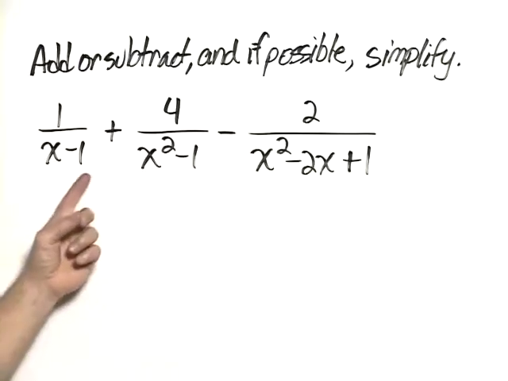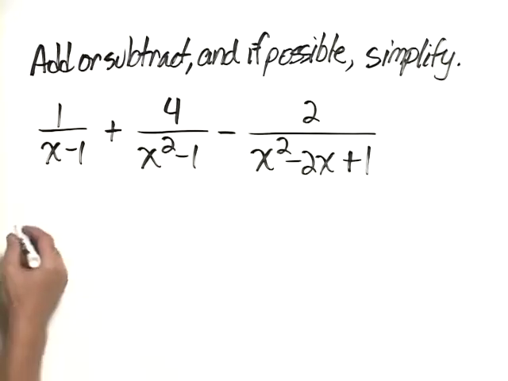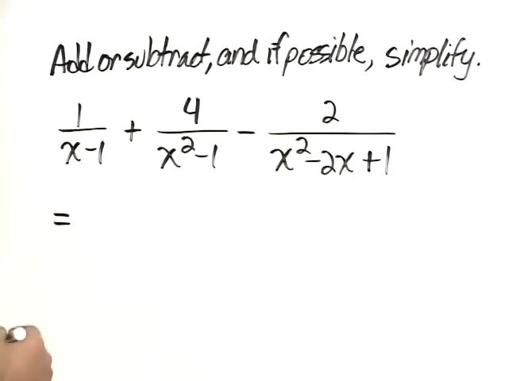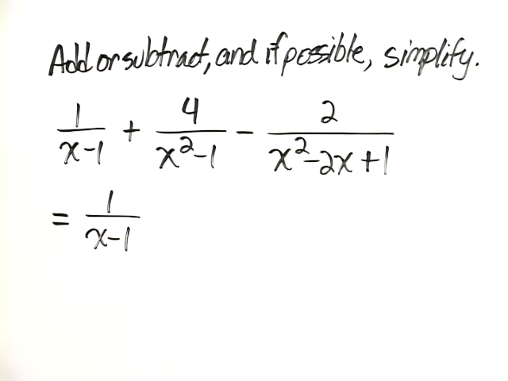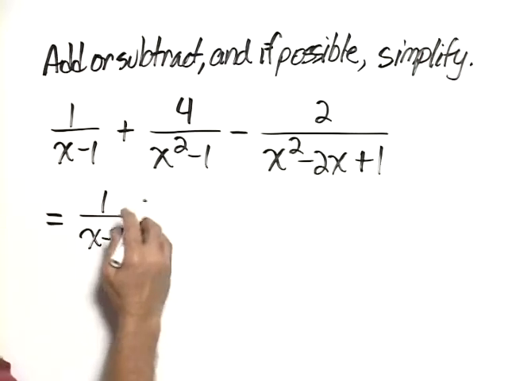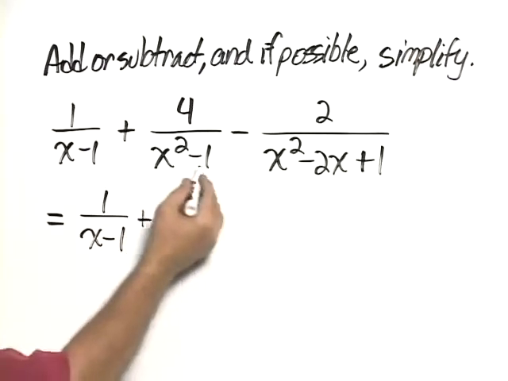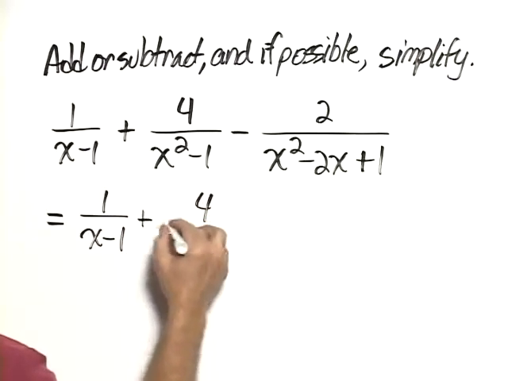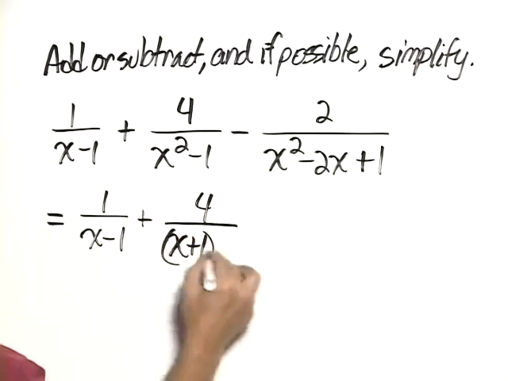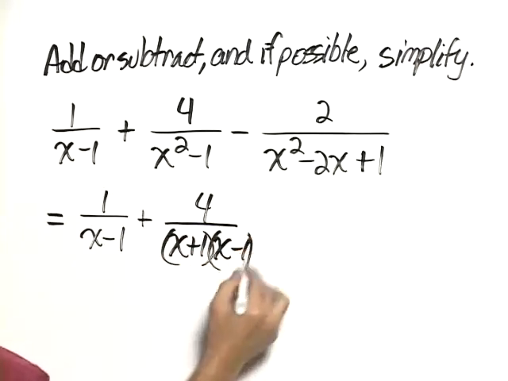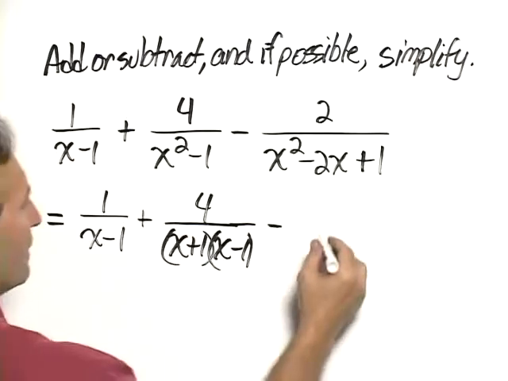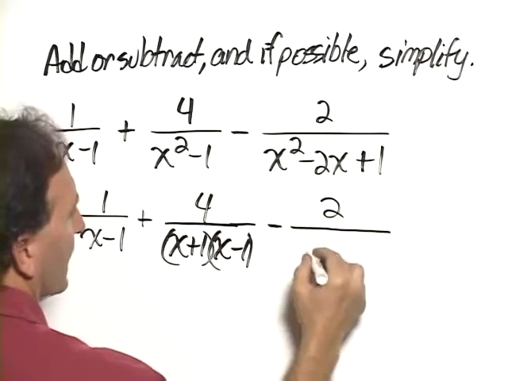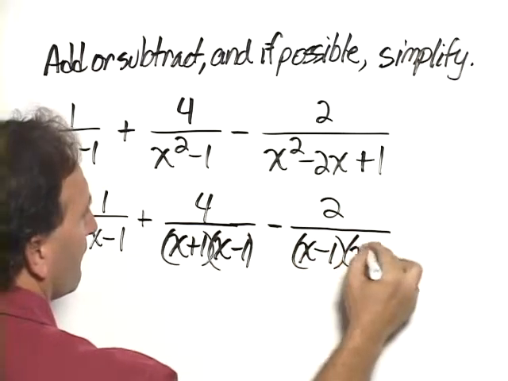In order to find the LCD, we need to factor each denominator. So let's rewrite each of these rational expressions with a denominator that's factored. Now, x minus 1 is already factored, so we don't change that. X squared minus 1 is the difference of two squares, so that factors as x plus 1 times x minus 1. Then x squared minus 2x plus 1 is a perfect square trinomial, and it factors as x minus 1 times